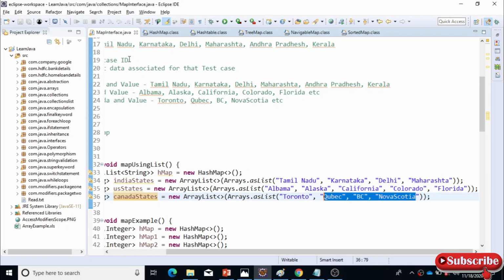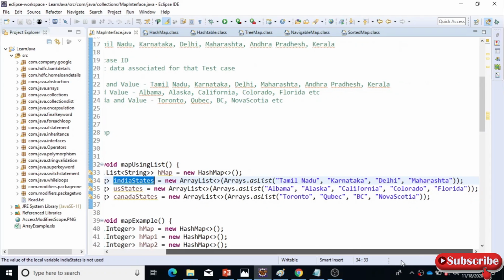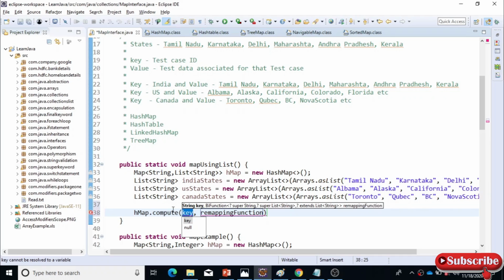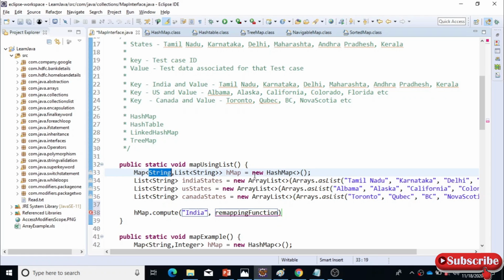Here you can see the same details I have added inside this list object, and now we have to add it inside this map, right? Since this is a list, you can add this list inside that as a value. Let me call the put method here, and for the key, you need to add India first. The key is India, so that is a string, right? You pass it as a string, and we need to pass this list here. Sorry, you have to put it as put. So now this will contain this complete list inside this key.